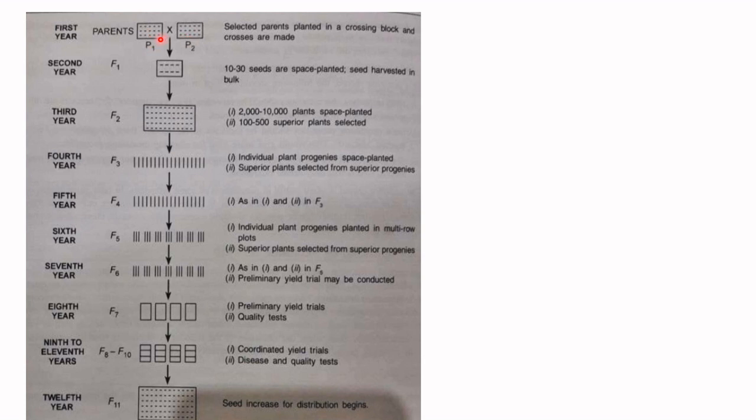First, there will be crossing between parents, and then there will be development of F1 populations. 10 to 30 seeds of F1 will be space planted, and seeds will be harvested in bulk. And all these seeds which are developed from all plants are going to be grown in the next generation, which is F2 generations. And F2 generations, to be remembered, is